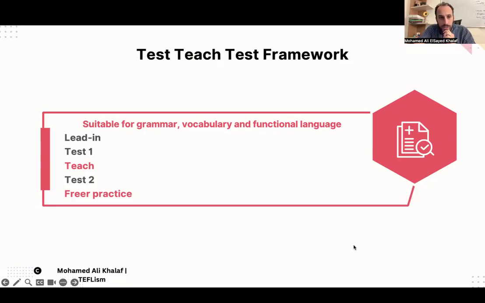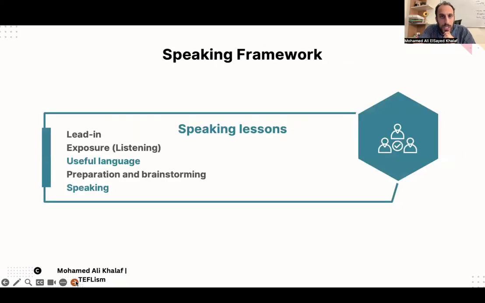Finally, not finally, I think we still have to. If you have a speaking lesson, you looked at the materials and you looked at the TP points. The TP points said you have a speaking lesson. Your main aim is speaking. So you need to go to the materials and check. Usually in the speaking lesson, we also have this framework, or a framework similar to this.